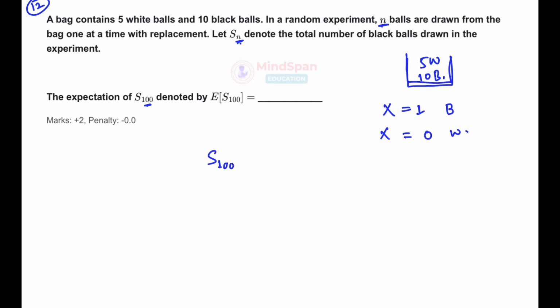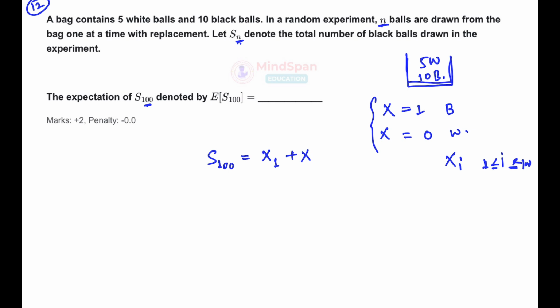To count the black balls, first we draw, and we might get a black ball or not. I represent that as the random variable x1. This random variable x is nothing but a Bernoulli random variable, and since we have multiple, we can say xi, where i is from 1 to 100, plus